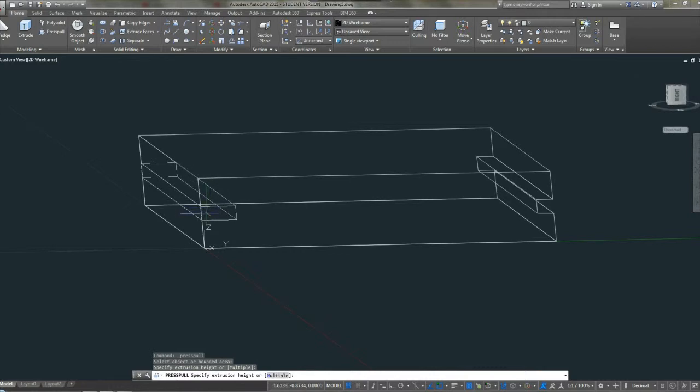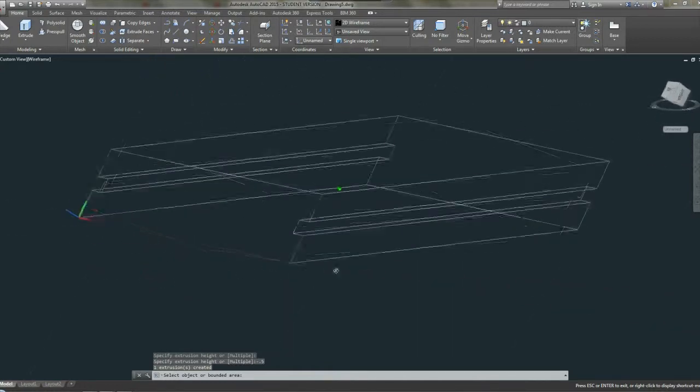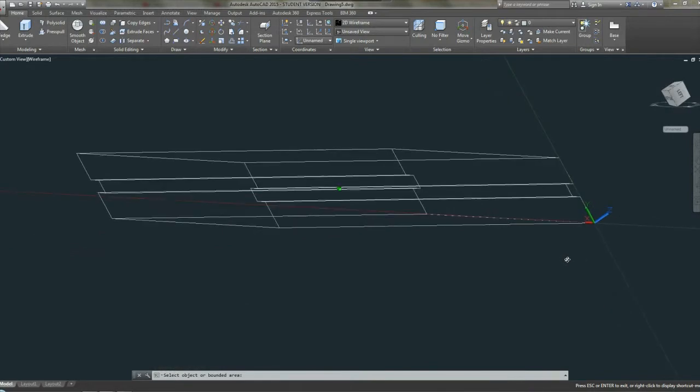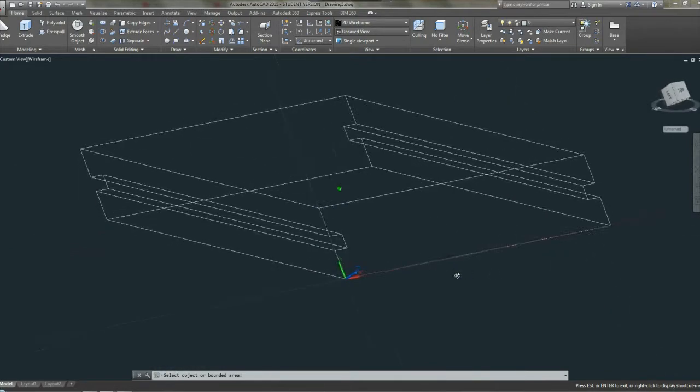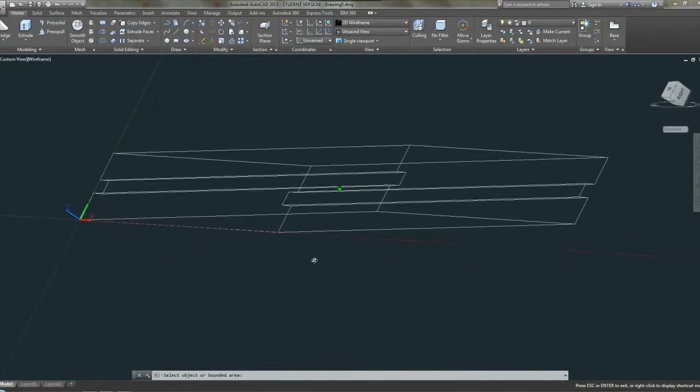This one's gonna be 0.5. Actually, it's not. Negative 0.5. So you put negative 0.5. There we go. So now we have the sides, but we still need to cut off the front. To cut off the front, it was a bit more difficult because it's slanted, and when you try to cut